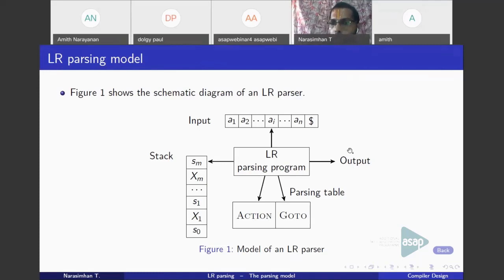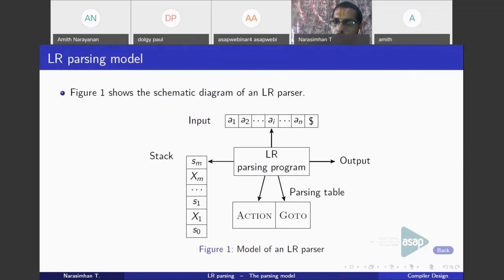Now coming to the output, it could be anything. For example, you might use a parser to evaluate some expression, and the output could be the result of that evaluation. Or it could be as simple as just displaying the productions used.